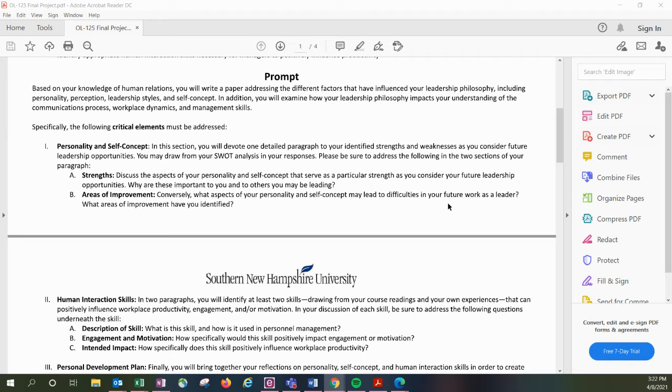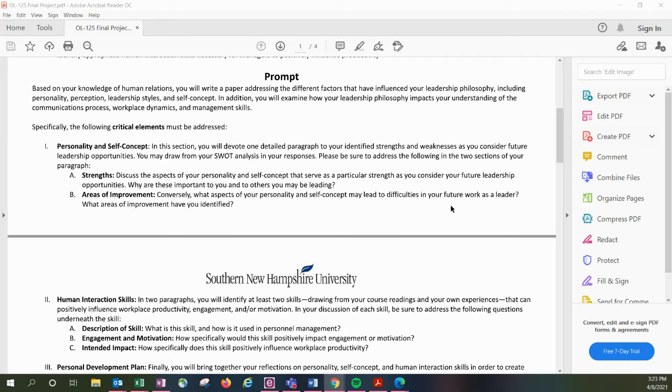And you may have already noticed that part 1 of this paper, which is the personality and self-concept, you already did this when we did our milestone 1. And so if you did really great on that assignment, then you probably don't have much to do here. And 1/3 of this assignment is already done. But if you didn't get a 100% on your milestone 1, go back into the grade section and take a look at the grades and feedback that I gave you on milestone 1, because if you did have anything to improve upon for this particular assignment, I provided you that detailed feedback. So make sure you're looking at that early on and let me know if you have any questions.